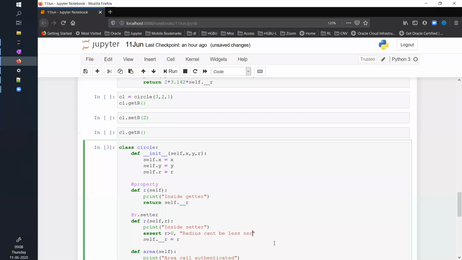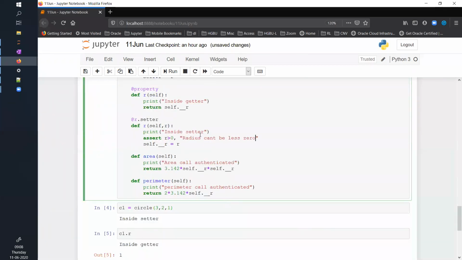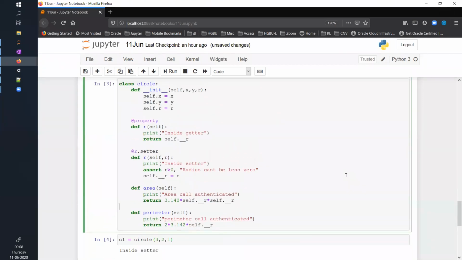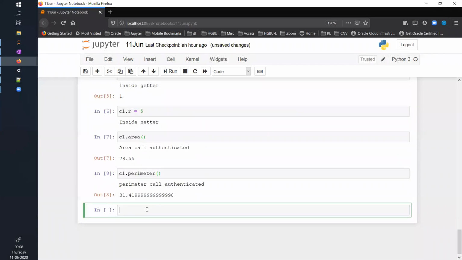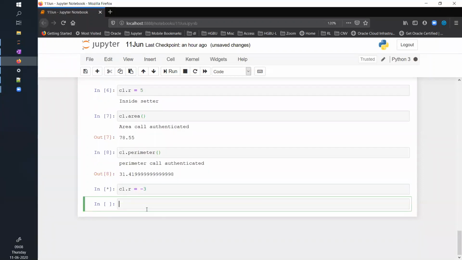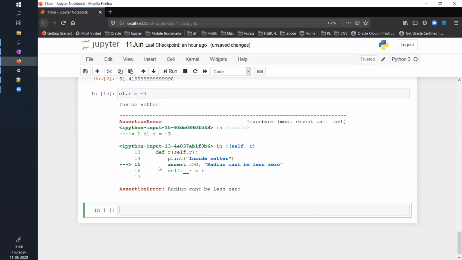Okay, this statement is not correct, since even radius can't be 0, but let it be. Now if I run this, and let's say through some hack, I'm saying C1.r equals -3, this will fail. I'm able to add those additional validations.